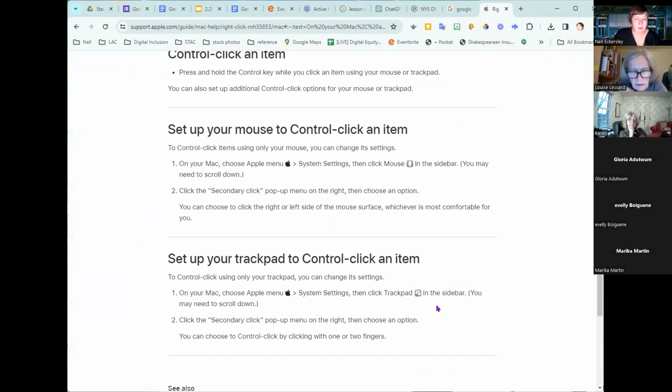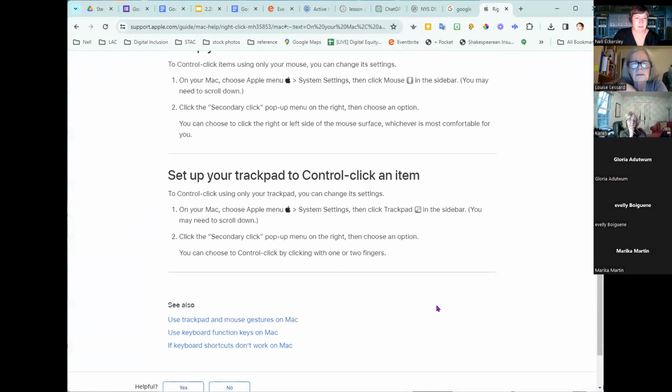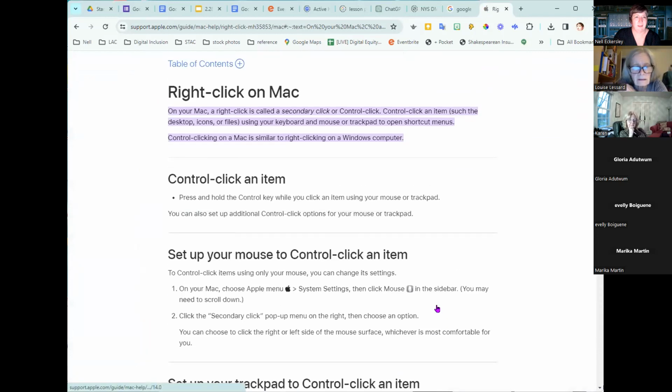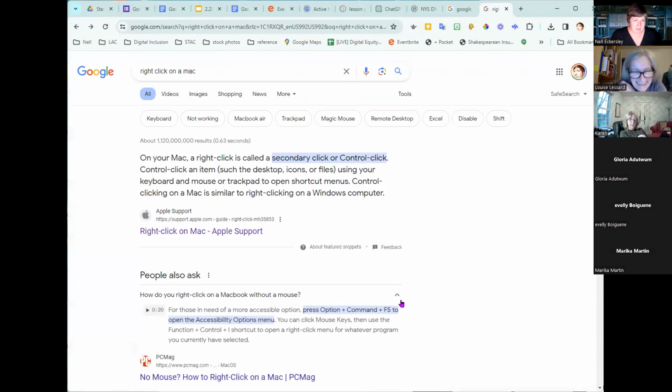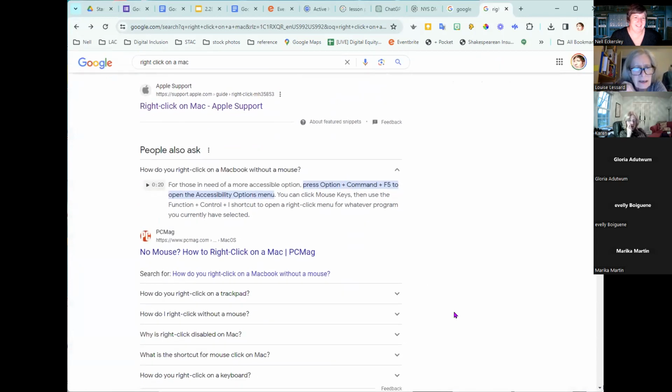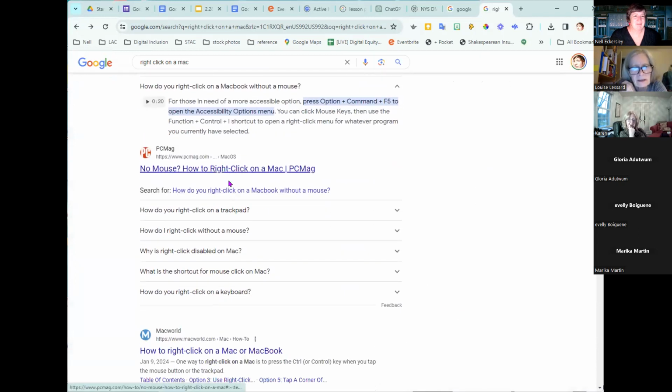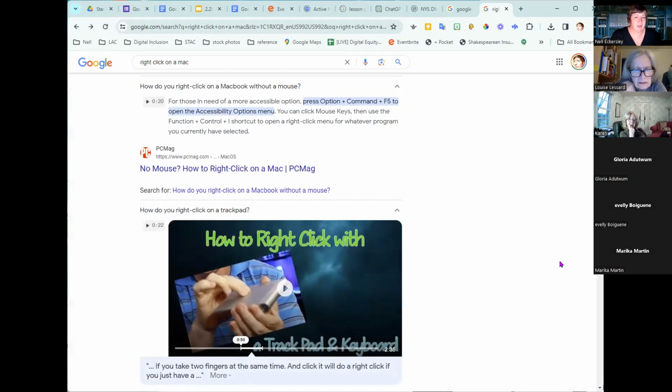But this is about programming it, which is annoying. I don't think you want to do that. I just want to know what it has to be. Option Command F5 to open, oh God. There's a video.